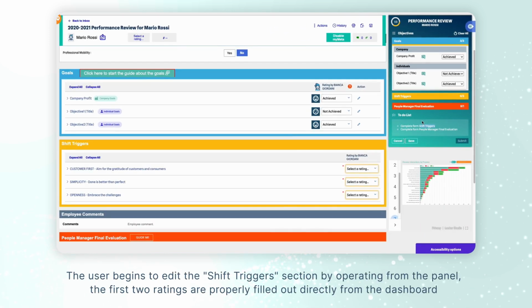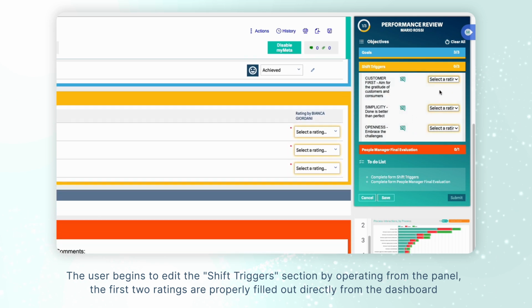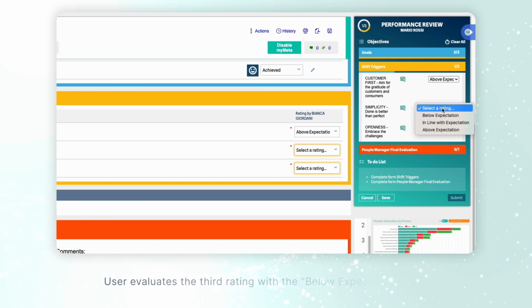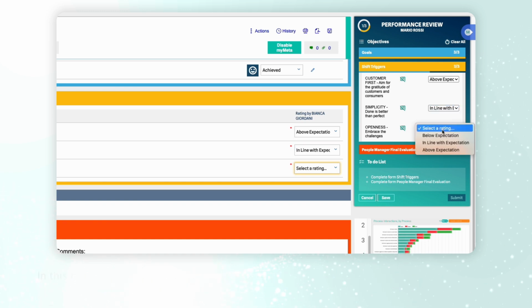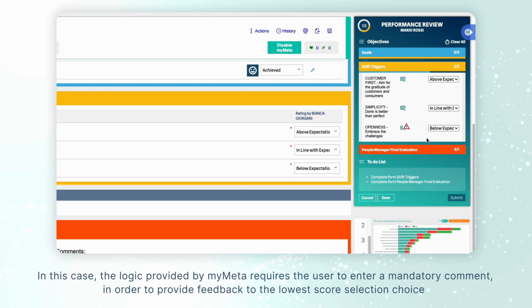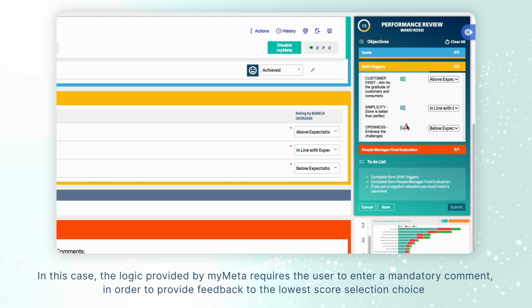The user begins to edit the Shift Triggers section by operating from the panel. The first two ratings are properly filled out directly from the dashboard. User evaluates the third rating with the below expectation rate. In this case, the logic provided by myMeta requires the user to enter a mandatory comment in order to provide